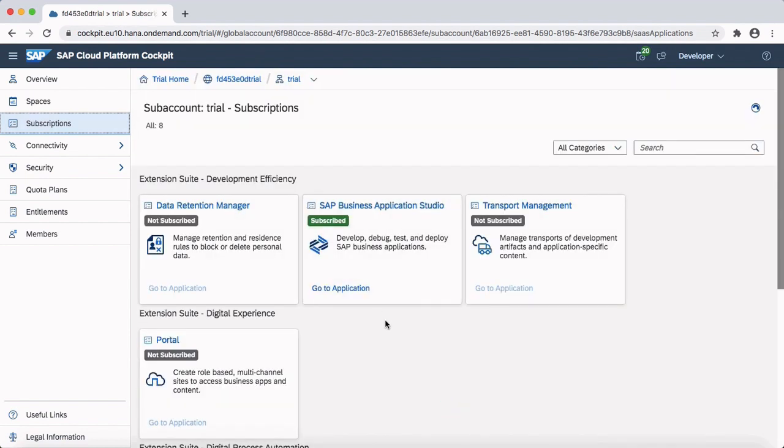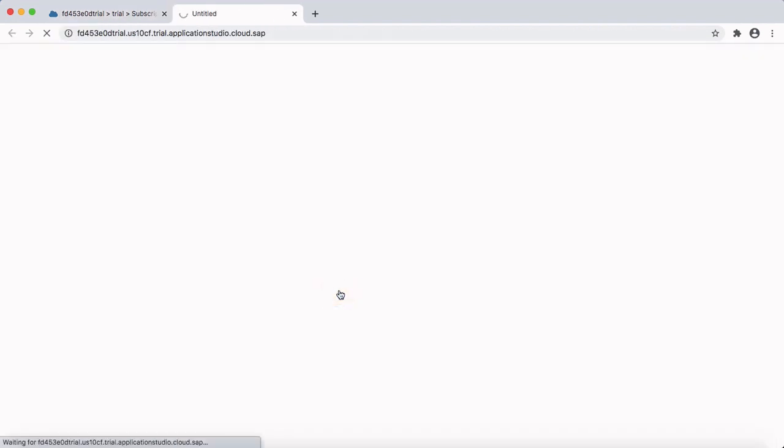Here I can see all the services that are available for subscription. SAP Business Application Studio is already subscribed for this account. If a service is not subscribed, then you can go into it and subscribe it. I'll click on Go to Application to launch SAP Business Application Studio in a new tab.